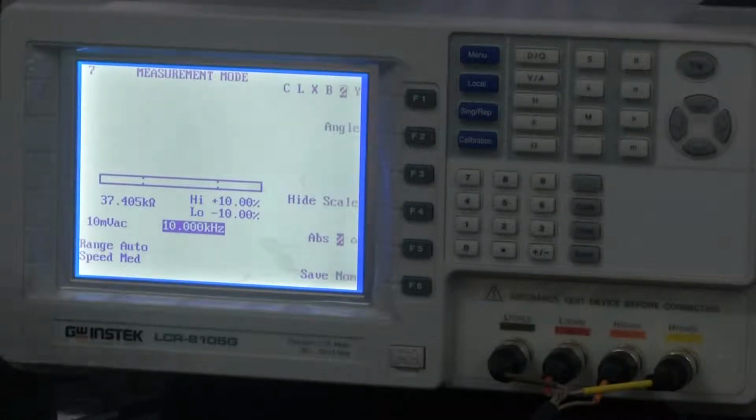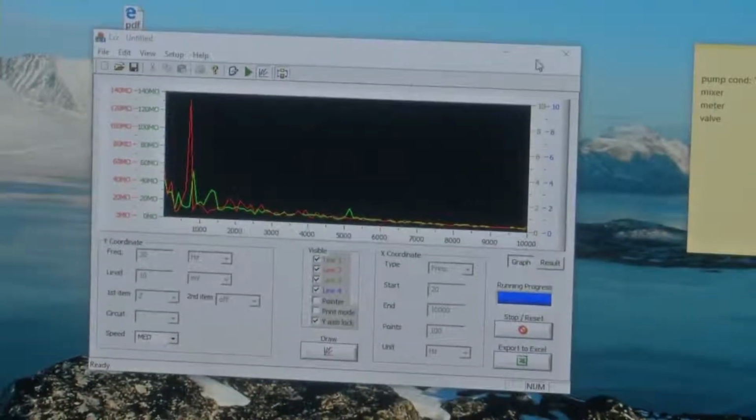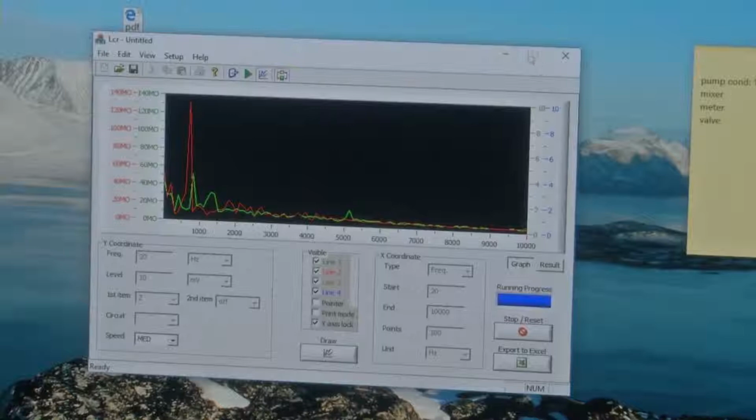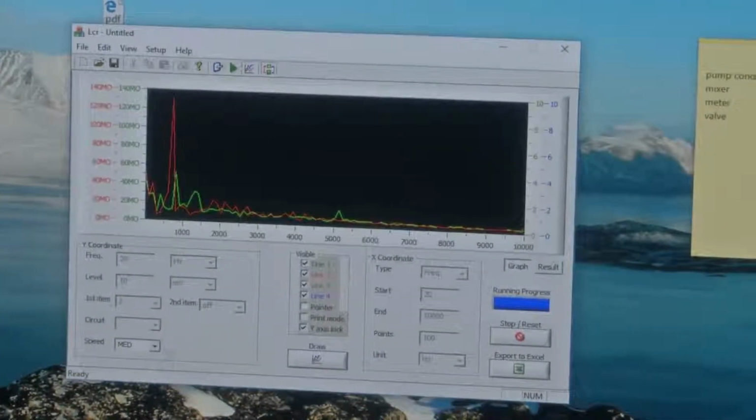Also, for the ease of performance, here there is the software which is linked to the impedance analyzer. So this is the software here connected to the PC.